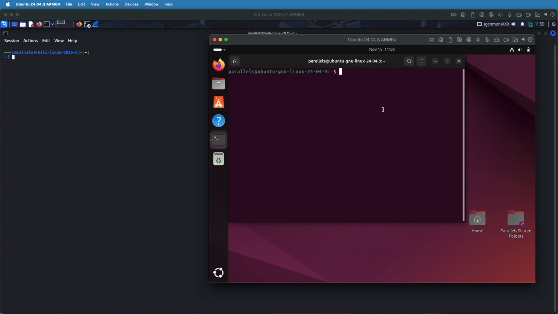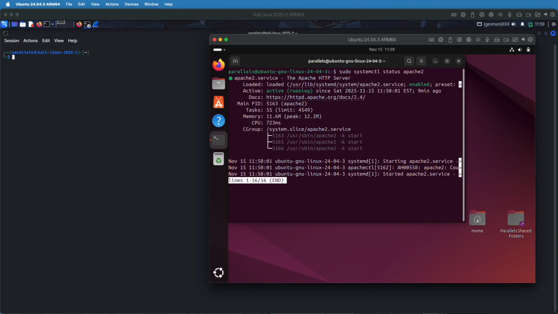So what we're going to do is go over to our Ubuntu VM, and if you don't already have Apache on there, there's the command to install it: sudo apt install apache2. Then when you get done, run a systemctl to make sure it's running, and you can see here it says active and running right here. And once that's done,